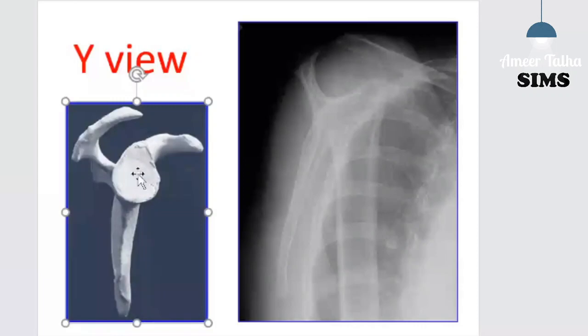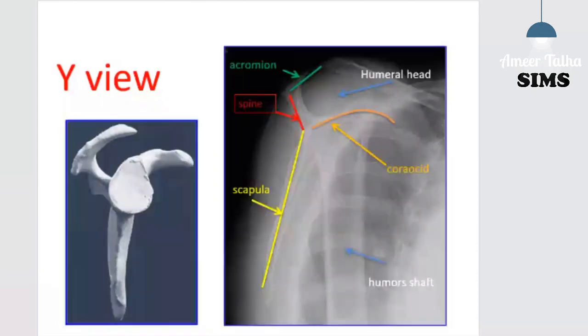And when we move further in this slide, this area with the lines is showing, as I have just told you, the spine and the border of the scapula, the coracoid process, and the acromion, which I have just mentioned, and this is the humeral head or head of the humerus in the glenoid cavity. And next we will move to the other slides then.